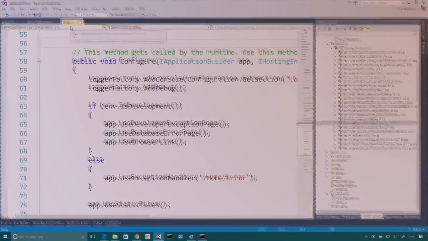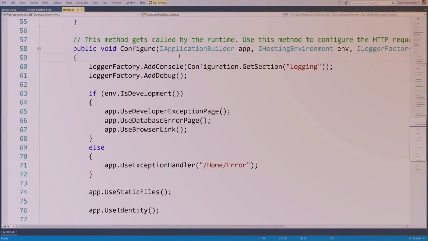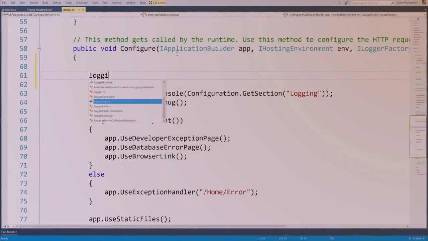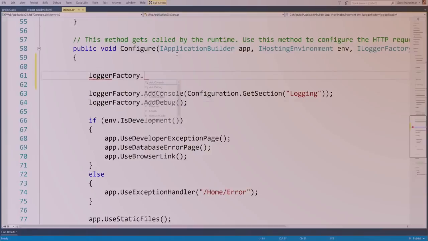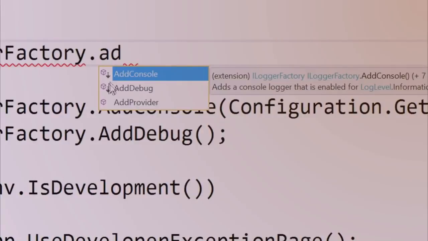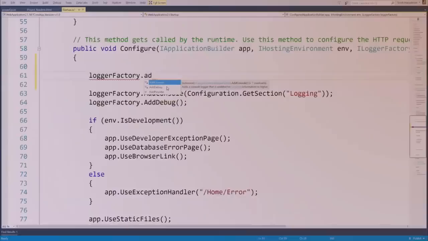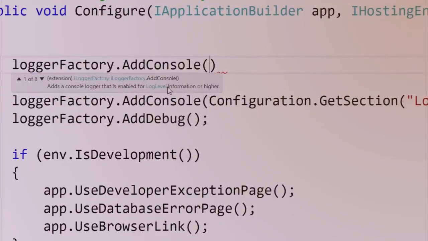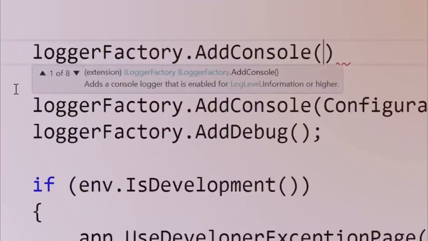Okay. All right. So where does that get added? Well, that's a service, right? It is a service. So here we said logger factory. We'll talk about where a logger factory came in a second. See how console and debug are two separate packages, two separate extensions. All right. And console